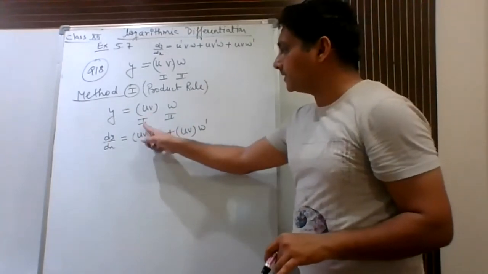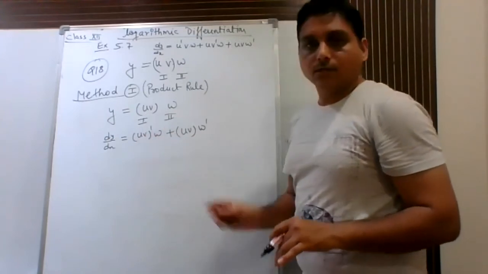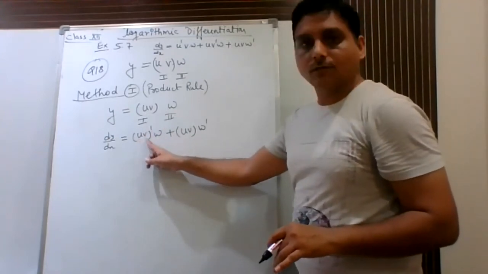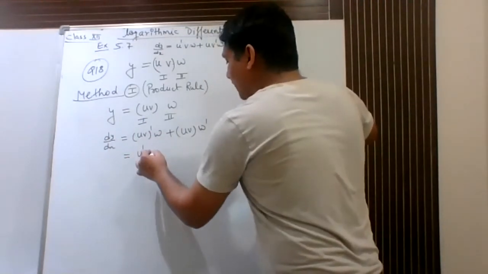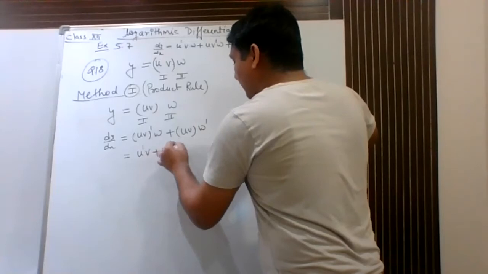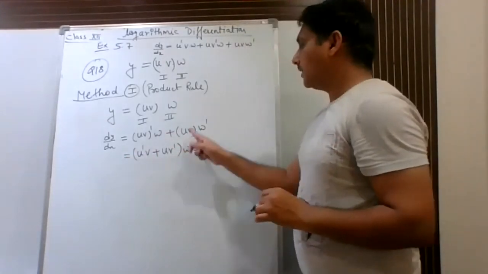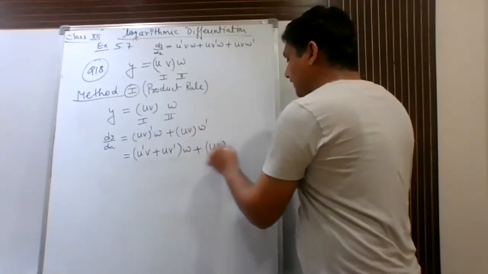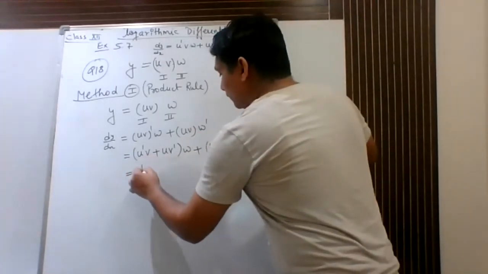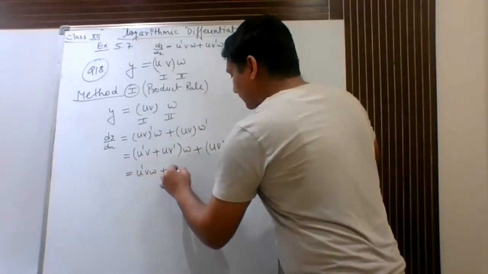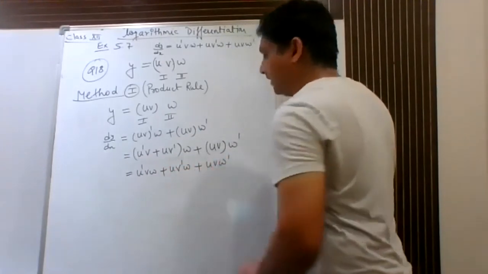I'm treating this as a first function and this as a second function. Now here again (uv)'. So here again you have to apply the repeated application of product rule. When you apply that, this will be u' v as it is, plus u as it is, v'. Keep this w as it is outside. Now here uv as it is and w'. Simply just multiply this. When you multiply, you can see that we will get the required formula.